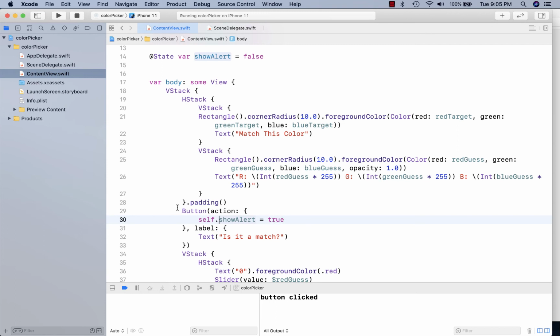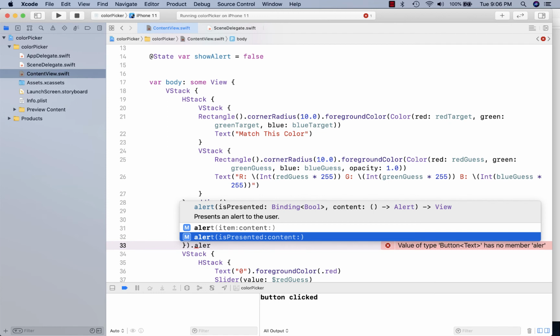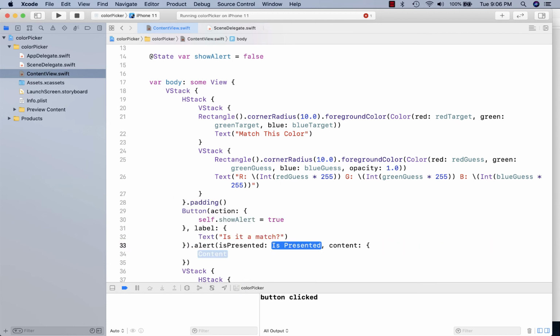And then what I want to do is, right now I just have this generic button. It has an action, and all I'm doing is flipping that Boolean switch from false to true, so that now we're showing the alert, and we have a label on the button. But really what I want to do is make this an alert button, and the way I'm going to make it an alert button is, at the end of the button, I'm going to say that this is an alert button, and the alert that I want is this one where it says, is it presented and what's the content? And isPresented is going to come from the fact that I'm looking at that showAlert. And then the content will be